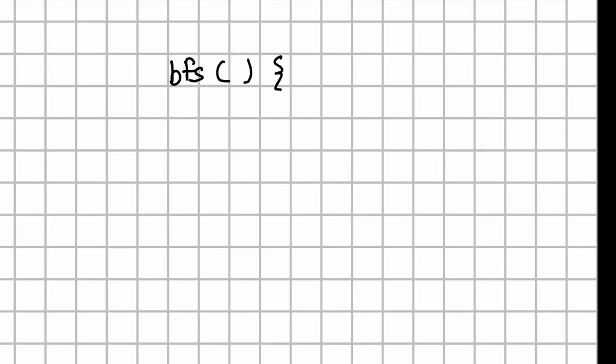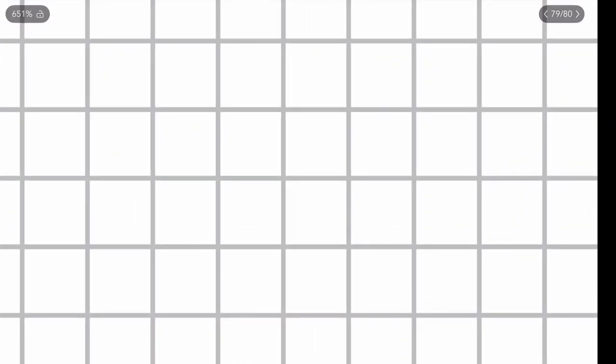In BFS, first we'll be needing a queue, because obviously in a BFS we need a queue, and in the queue we're gonna put a pair, that is i comma j, because how are we gonna track which all neighbors we have, right? And why did we choose a queue for BFS? Firstly, that is a basic BFS concept: in a BFS you need a queue, because let's say I visit